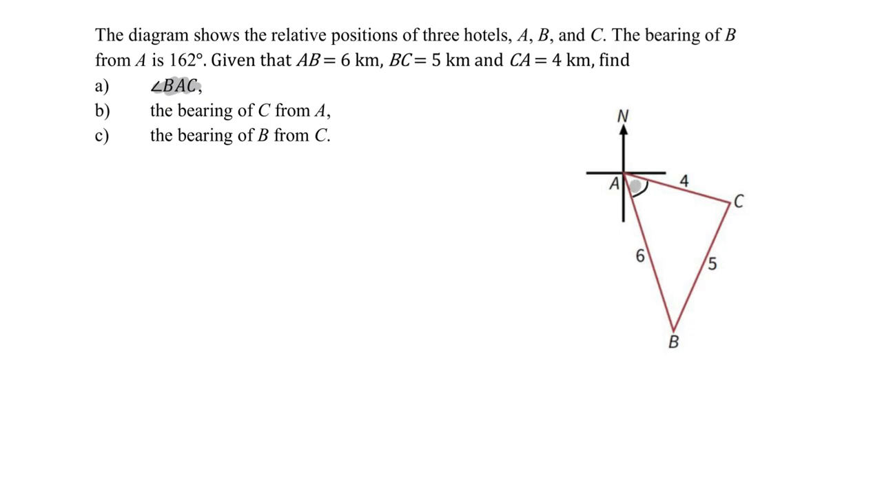I saw that three sides of this triangle have been given, and when that happens, it means we can apply the cosine rule fairly straightforwardly and easily. So part A is simply the application of the cosine rule, the version where we are required to find the angle. So angle BAC is simply the cosine inverse of